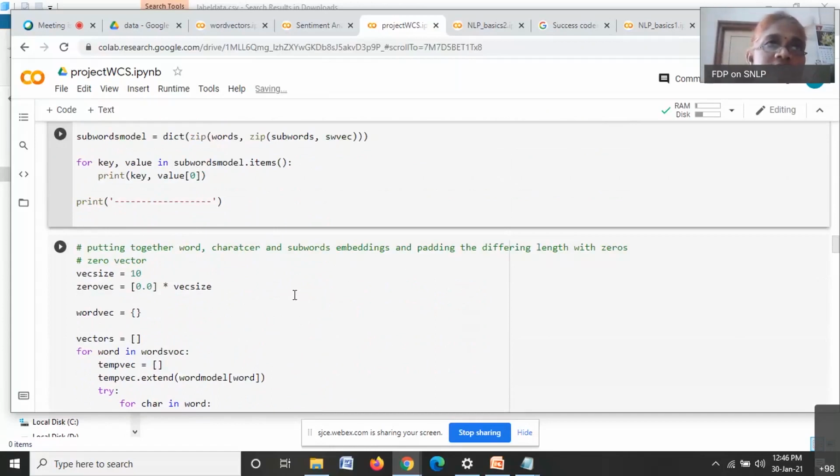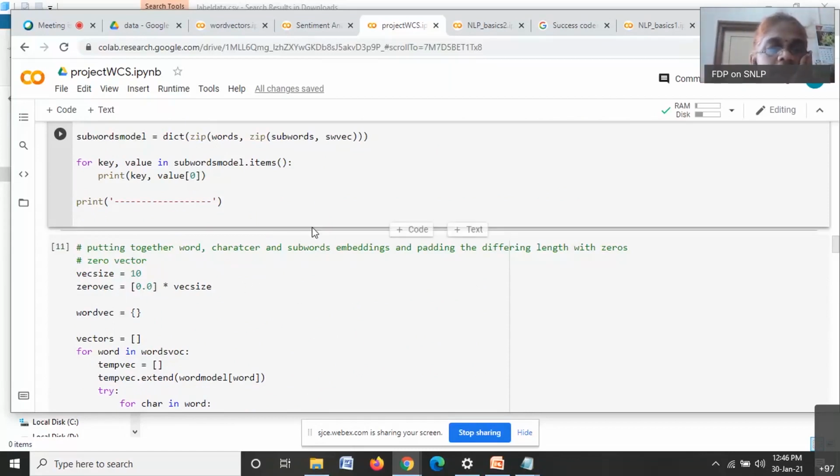TF-IDF is of fixed length, something like 1000, 2000, depending on how many words are in the vocabulary. But word2vec is not like that. In word2vec, you can fix not the size of the vocabulary, but the size of the word vector. It can be 100, 50, or 300. Standard sizes are there, but when you're doing your own, you can fix it.